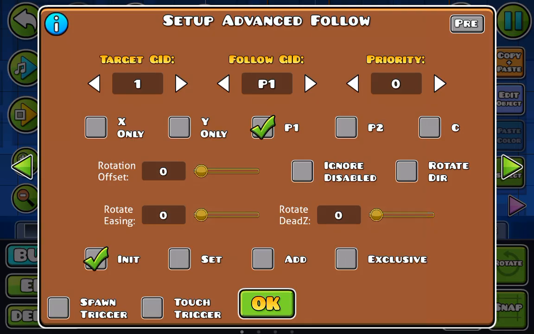If we change it to 1, X only and Y only are kind of the same for move. It can go this way or this way. Y only would basically be like if you jump, it would go up with you, but it can't go along with you. X is basically the opposite. If you jump, it won't jump with you, and if you move along, it will move along with you too. So basically,